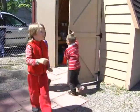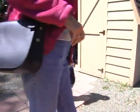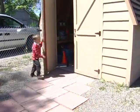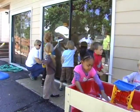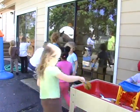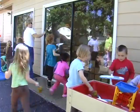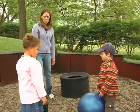It is essential for children's growth and development to have time each day to play in a safe place outdoors. Okay, I'm gonna get down low in this corner. The adult plays a vital and active role during outside time, providing engaging materials, playing with children as partners, and